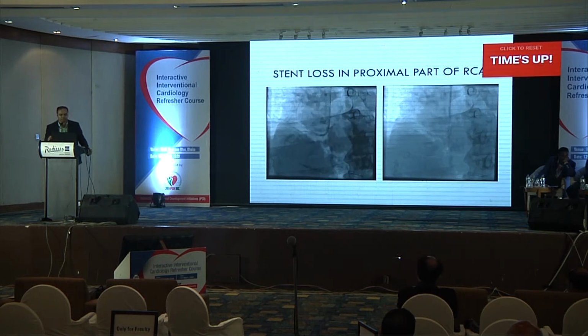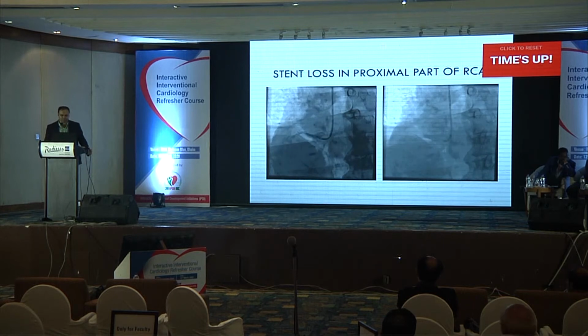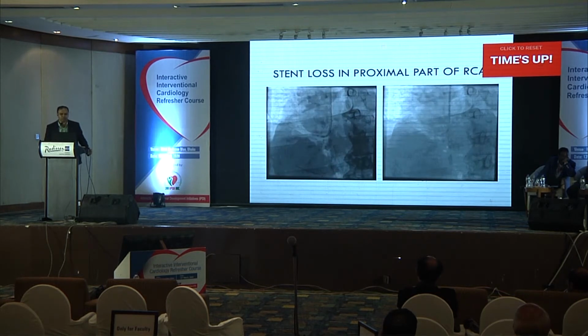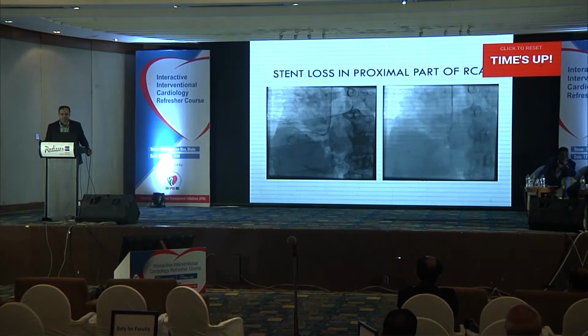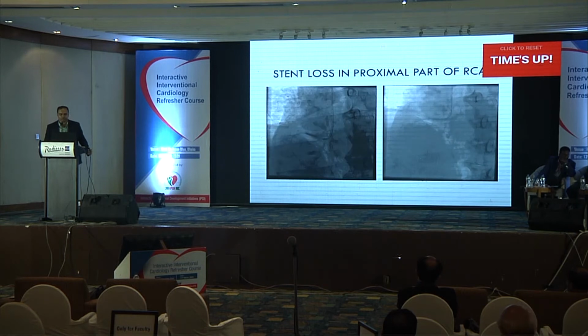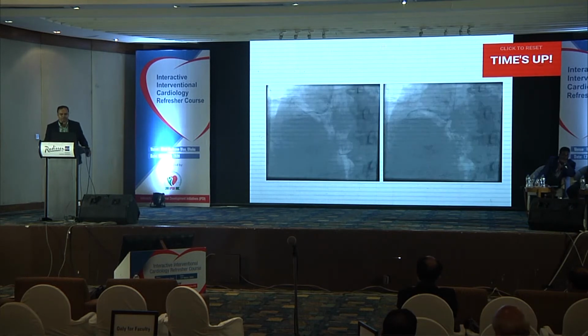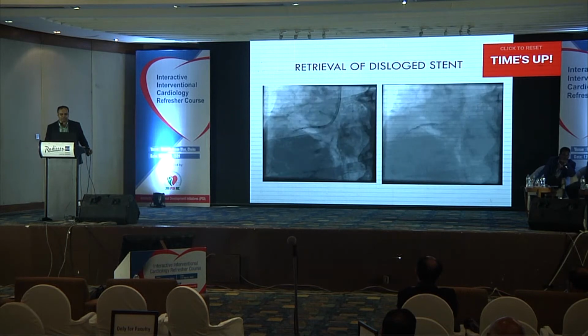During negotiation of the stent in the proximal part of the RCA, we can see the stent was dislodged. So first we tried to enter another wire within the stent, and we moved the 2 wires with the help of the torquer to pull back, the multi-wire technique, but it failed. Then we negotiated a small balloon